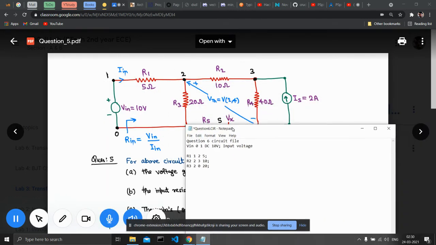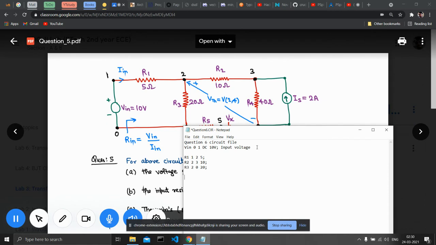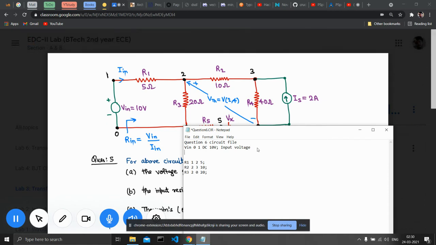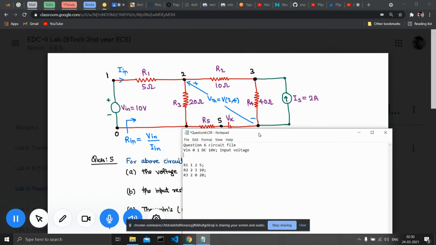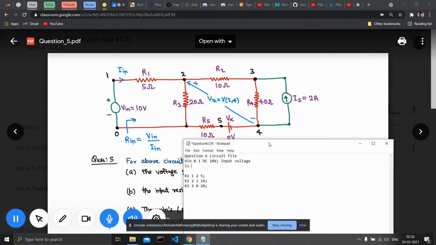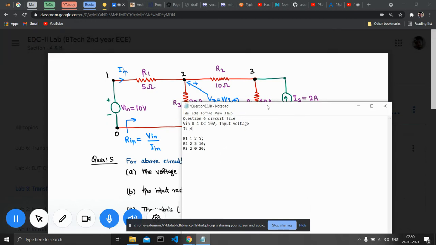Next, we have to do this current source. I can do this up here with all the input sources. The current source starts with an I. It's an ideal current source. I'll give it a name, IS. It starts with I, and the position is from 4 to 3. It's a DC source.